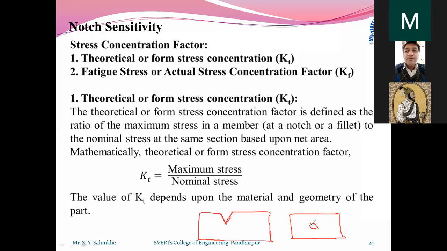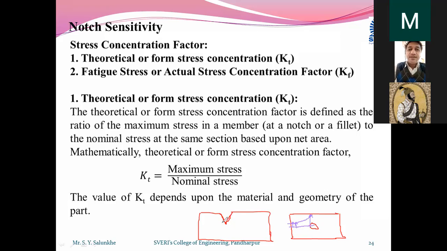Suppose this arrow graphically represents the value of stress, and the stress mentioned here is the average one. That's why I have shown it by a smaller arrow, or we can say a line. Near the hole, the stress is more, that's why I have drawn a longer arrow indicating more stress. So the stress varies like this near the hole.